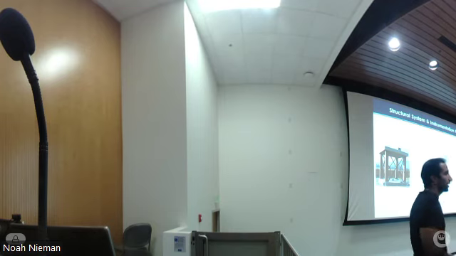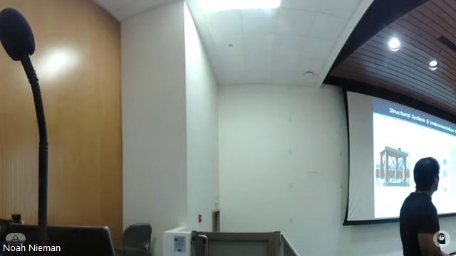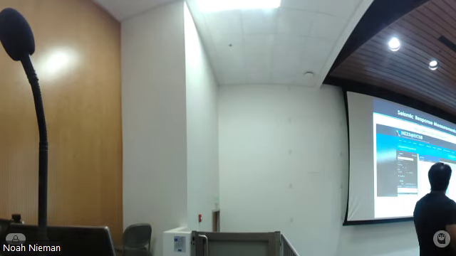This shows the instrumentation plan of the structure, and this table shows the different sensors and the response they record. Now, this structure is part of the George Brown network for earthquake engineering simulation. They have a website where the recorded response of this structure is uploaded in real time here. If you go to this website, you can find the recorded response from 2010 up to now. Basically, we use these two recorded responses in our model update.